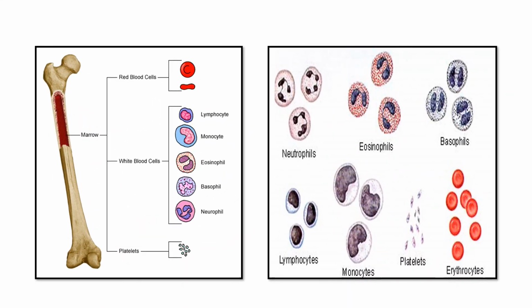See this diagram, the first one, you can see the marrow, red color. That is called bone marrow. From that area only blood cells are produced. See first one, RBC, red blood cells. Second, you can see the white blood cells. Then you can see the platelets. All these are produced from bone marrow. Once in 120 days, RBCs are produced.